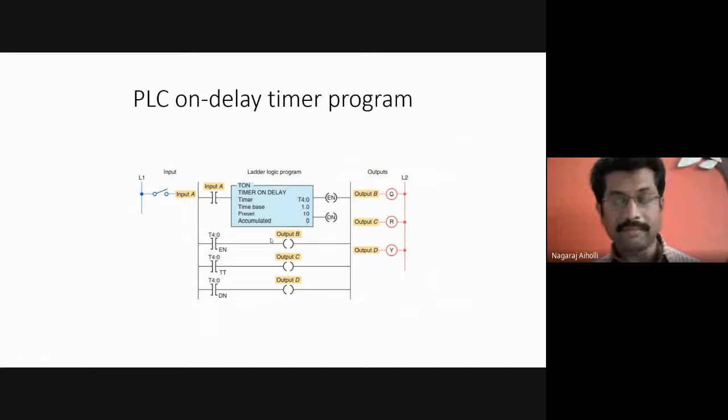The meaning of timing diagram is: for what value of the input the timer is activated, for what value of the timer it is reset, for what value the timer reaches its final value, for what value the done bit is activated. What is the time base, what is the preset interval; all these details we will understand when we draw a diagram called the timing diagram. A timing diagram is nothing but a diagram of the waveforms. Let us look into that.